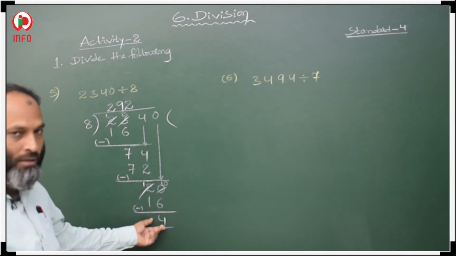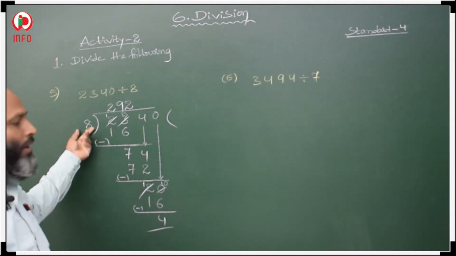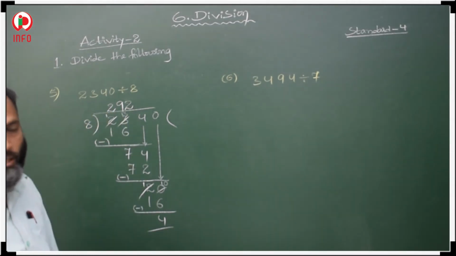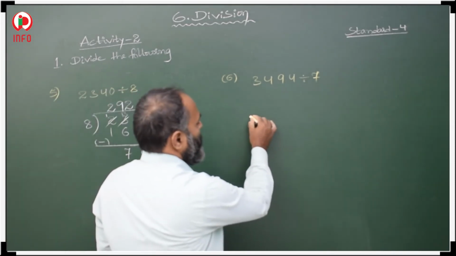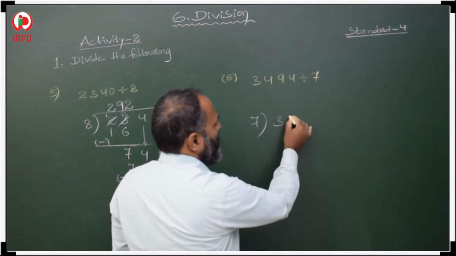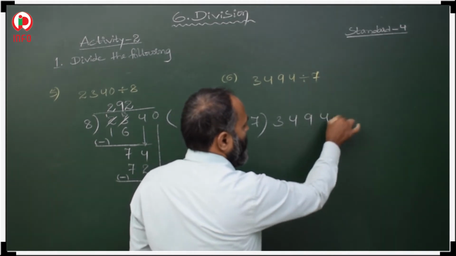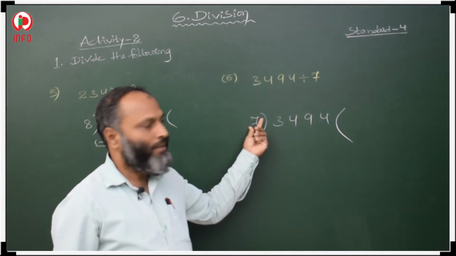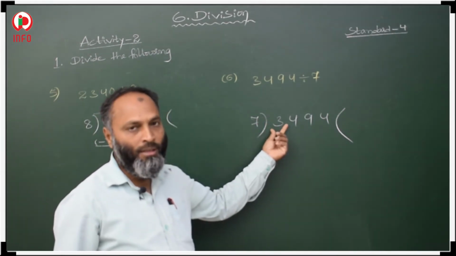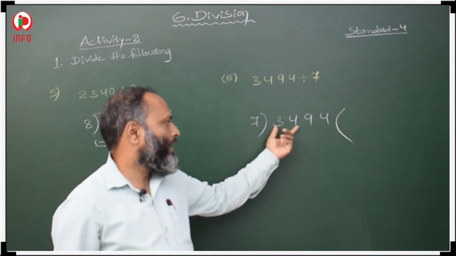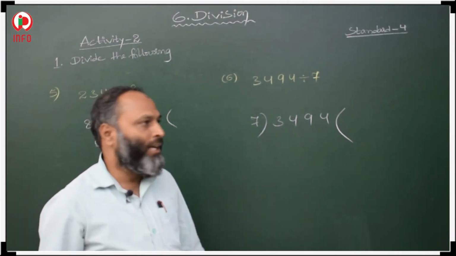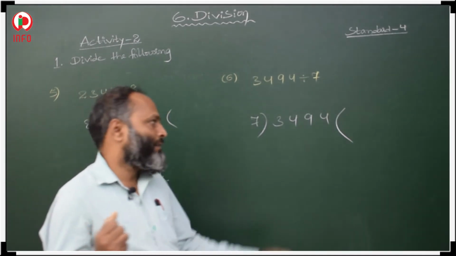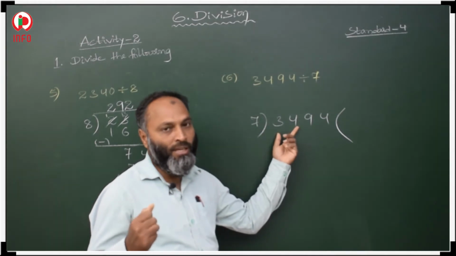This is your remainder, this is your divisor, this is your dividend, and this is your quotient. Okay. Now the next, 7 divides 3494. First, it is a single digit divisor, so we have to take a single digit first. 3 is less than 7, so we have to take 34. When you get 34 in 7, 7 4s are 28, 7 5s are 35, 35 is greater than this,